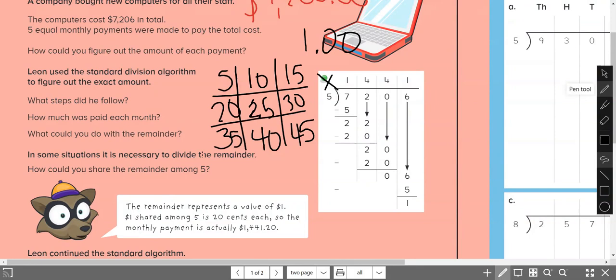Okay. So now we kind of follow along with Leon to see how he divided this problem. So we know that we start out in our thousand space. So our first step is to divide 7 divided by 5. Well, we know that 5 can only go into 7 one time, looking at our hashtag. Because if we put it in 2 times, it goes over 7. So we can't put it in twice. So therefore, he put the 1